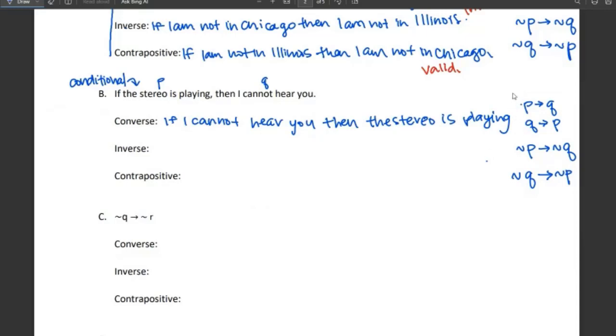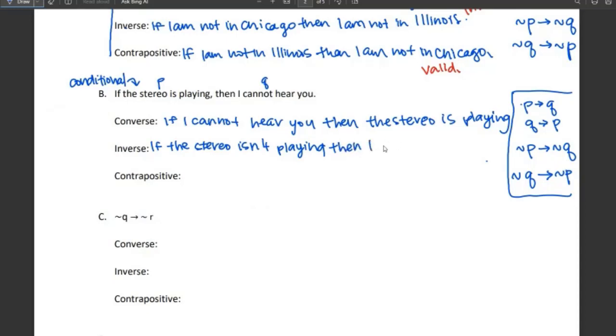Let me put a box around. Okay. The inverse, we have negative P and then negative Q. So if the stereo isn't playing, then